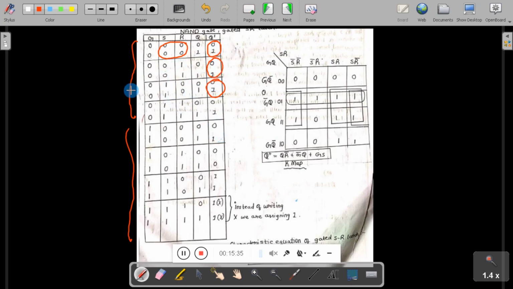This is because G is equal to 0, and I already told you that when G is 0, the latch will not work. That's why the output remains in the last state. But when G is equal to 1, when the enable signal is 1, then based on the combination of S and R, the next state is determined. If S and R are 0 and 0, the next state is nothing but the last state.